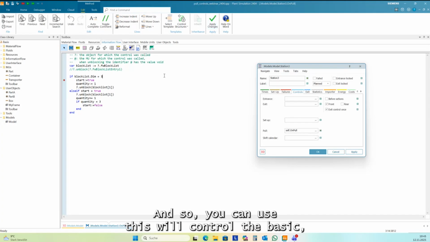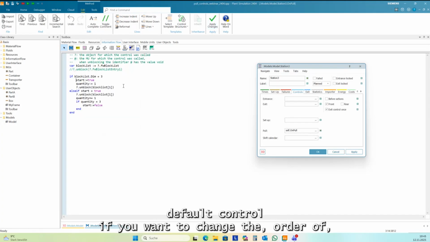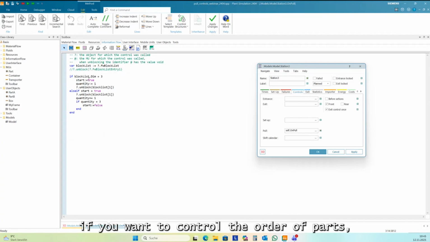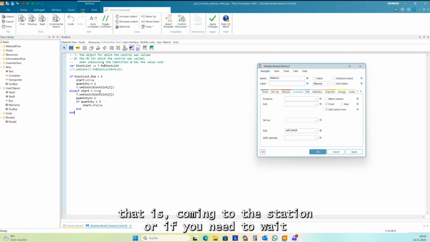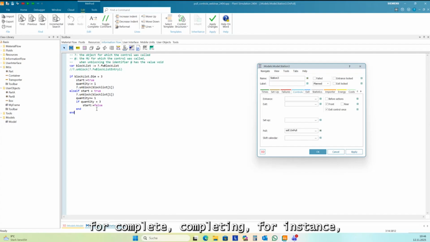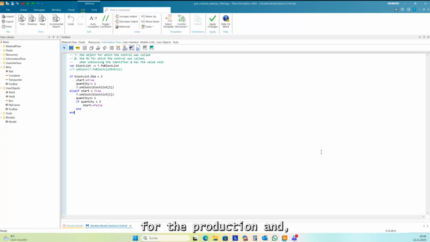And so you can use this pull control, the basic default pull control, if you want to control the order of parts that are coming to the station, or if you need to wait for completing, for instance, a batch and run the batch through the production.